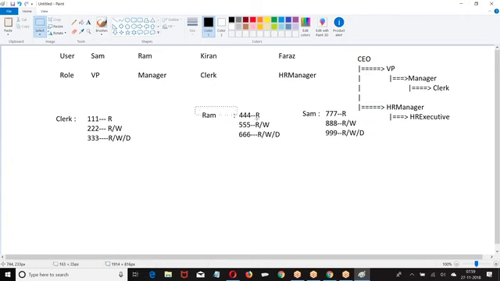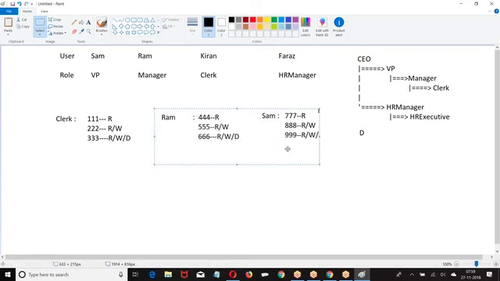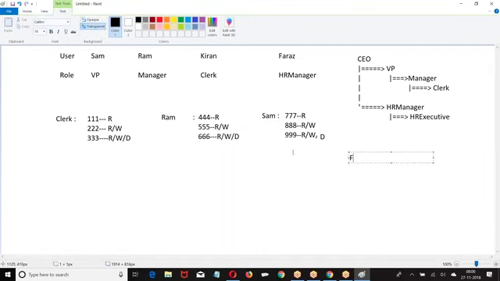Now what I told? Now I told grant access using role hierarchy. Now I enable an option called grant access using role hierarchy. The moment I enable this option, which records will Ram be able to see?